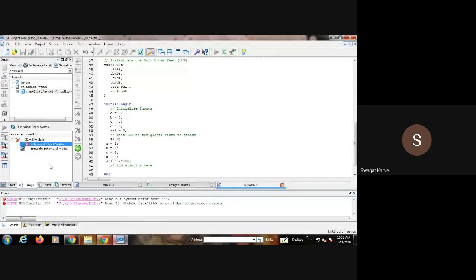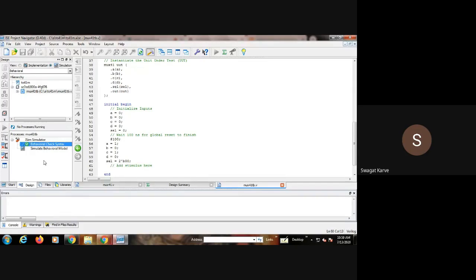Again, it's showing an error. Oh, there should be a colon, not, yeah. Now it will not show the error. You can find here the syntax is right.